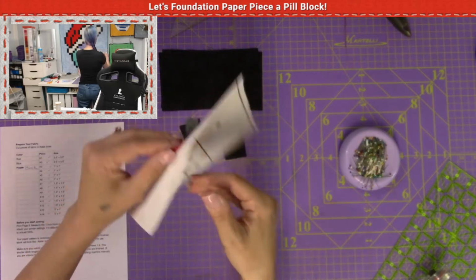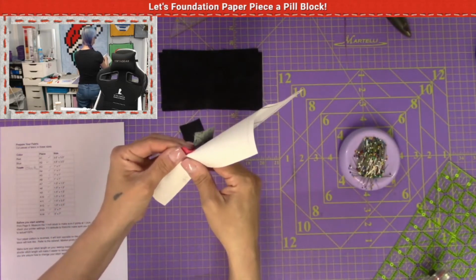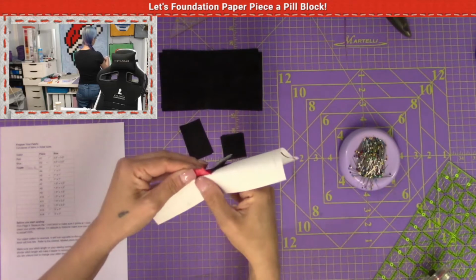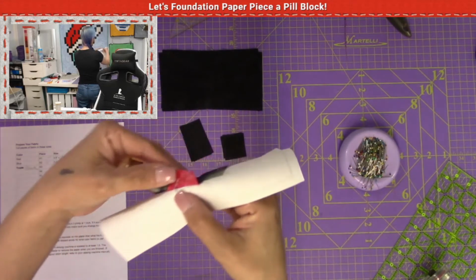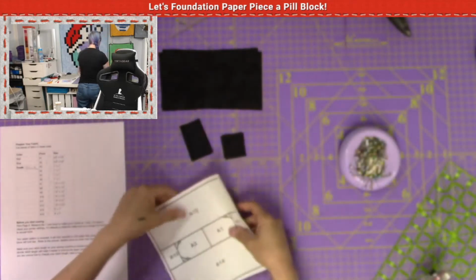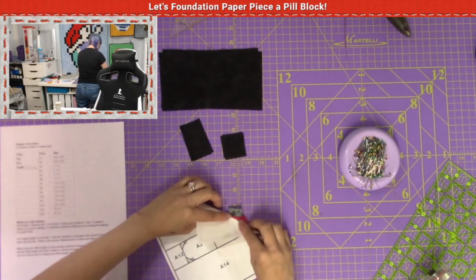Hold on to the paper, hold on to the stitches. So you see how I'm bringing my thumb down and I'm kind of holding on to that thread, and then gently pull the paper away from those stitches, just like that. You see how it's pulled away from those stitches? Once you do that, then you can go ahead and fold this over